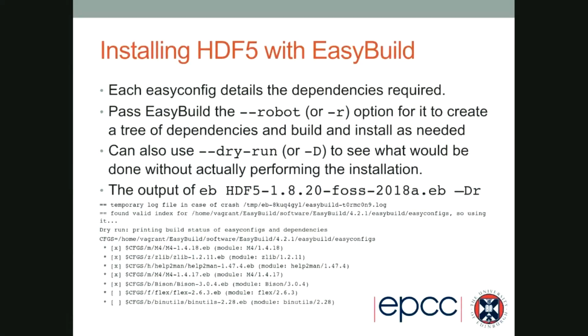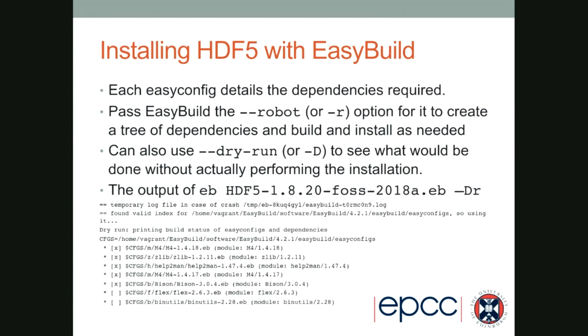To tell EasyBuild to go ahead with the dependency resolution, walk down the tree of them as they're specified in each Easyconfig, and if they aren't present, build them, you just give it the robot option, and just check, see what it looks like without actually installing. Then you can give it the -D option as well for a dry run, and it will just output and then stop. So if I do a dry run back on my VM that I'm using just for this, then